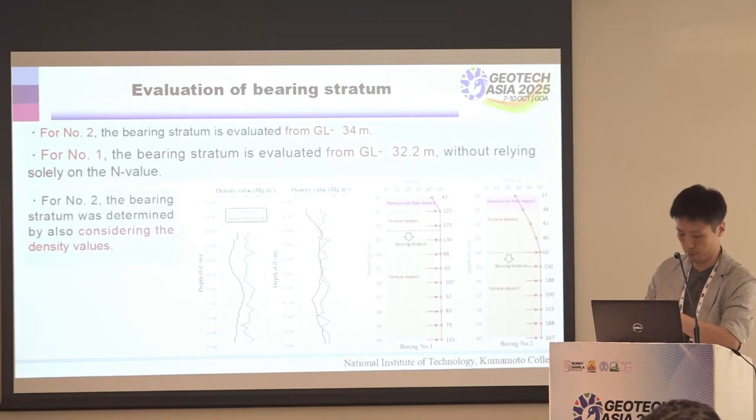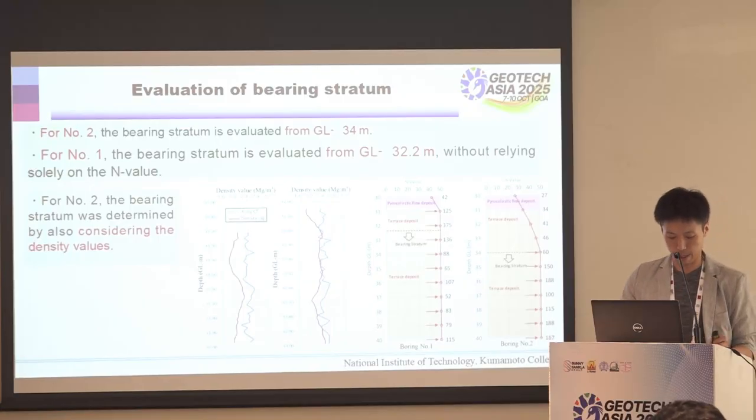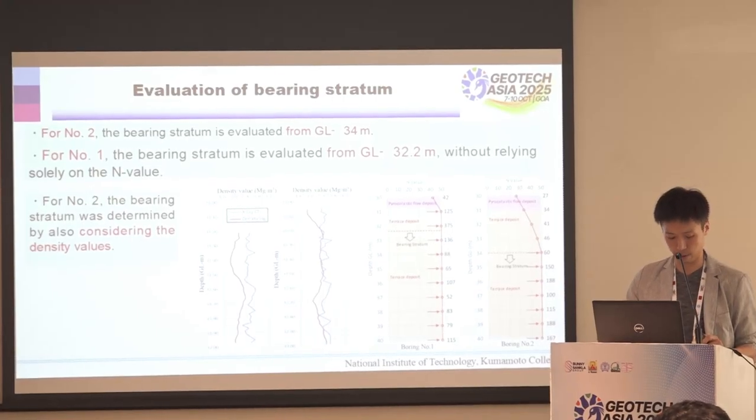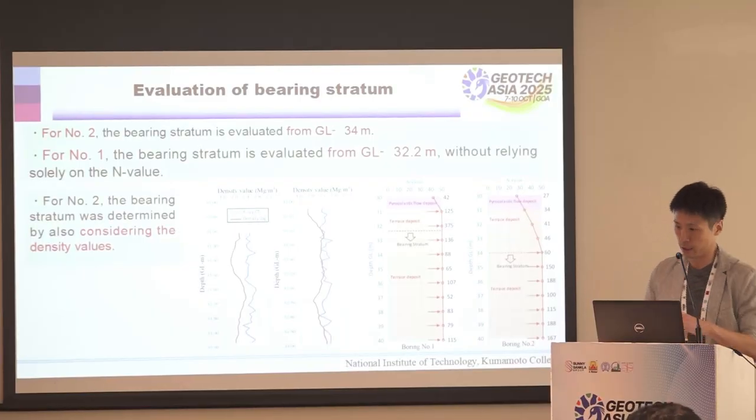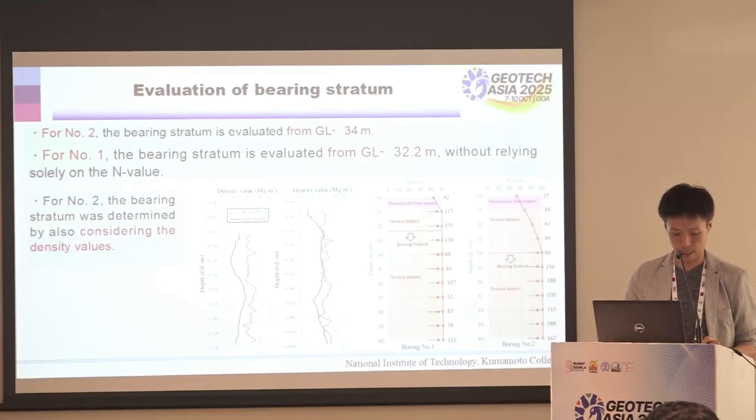And next, this figure shows N values at two representative locations and the evaluation of the bearing stratum. For number 2, since the N value remains below 50, even within the terrace deposit layer, the bearing stratum is evaluated from 34 meters. For number 1, the N value reaches 50 immediately upon entering the terrace deposit layer, indicating that based solely on the N value, the upper part of the terrace deposit layer can be considered suitable